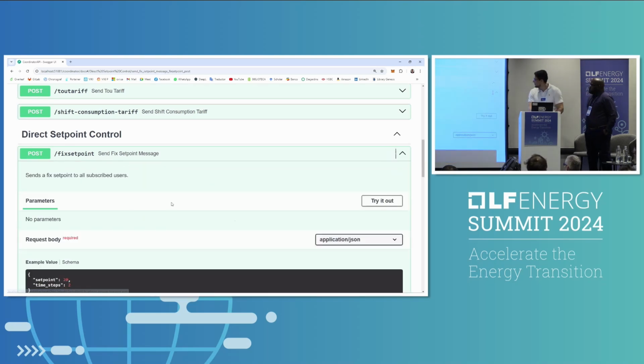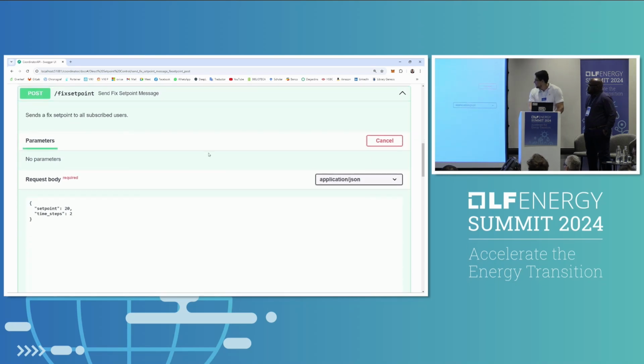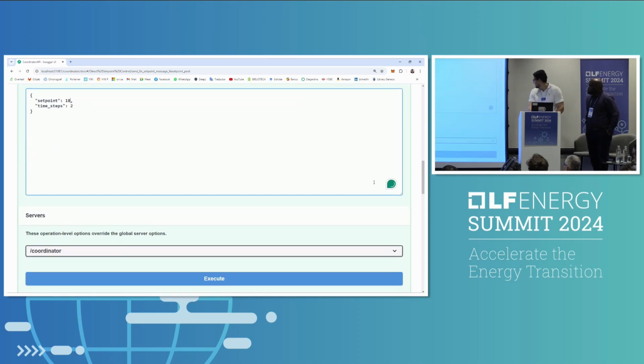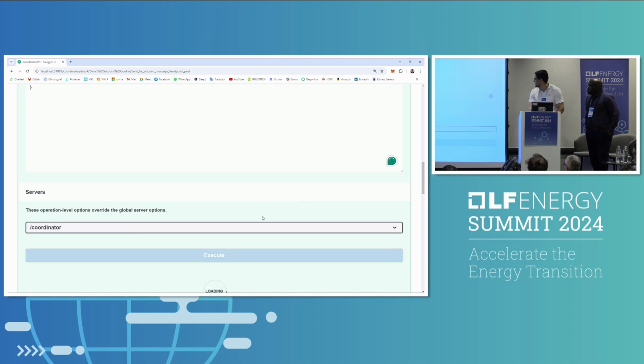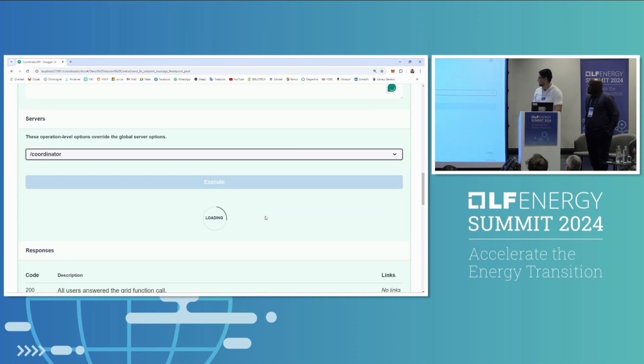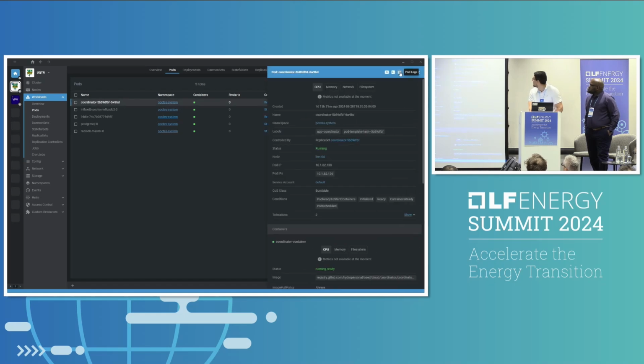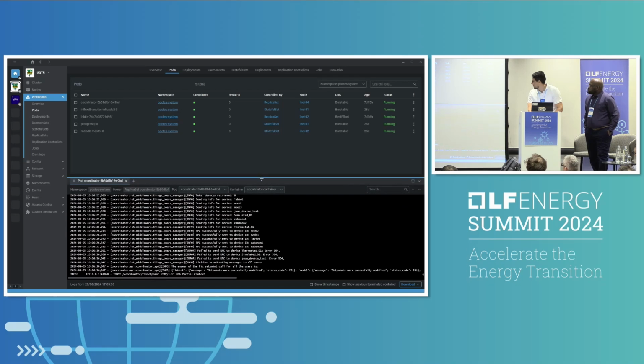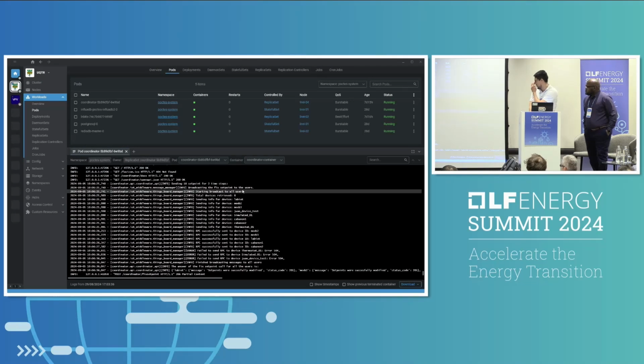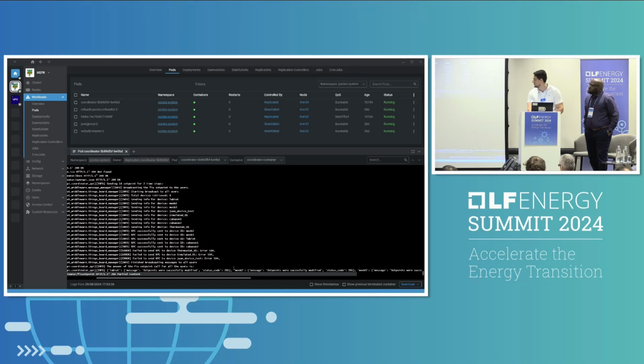I will try this one because it's simple. If I send here, for example, 18, hopefully, if it's still working, here on the cloud I should be able to see. Okay, yeah, so it broadcasts to the users, it finds some users, successfully sent the request, and here it says they were successfully modified on these buildings.